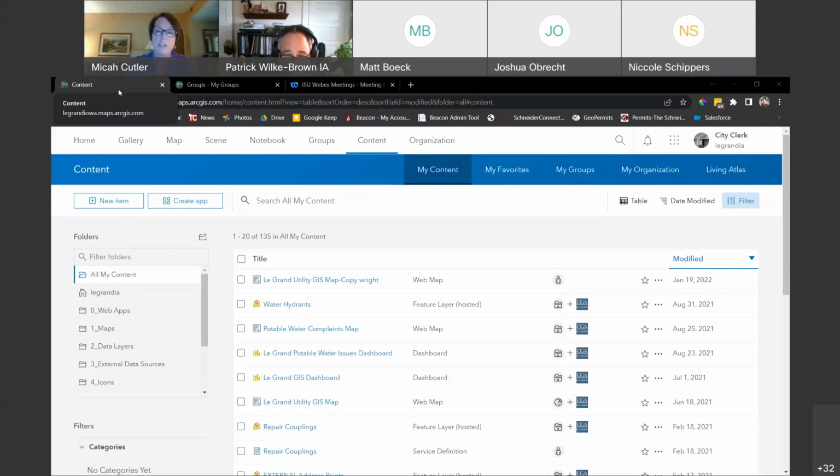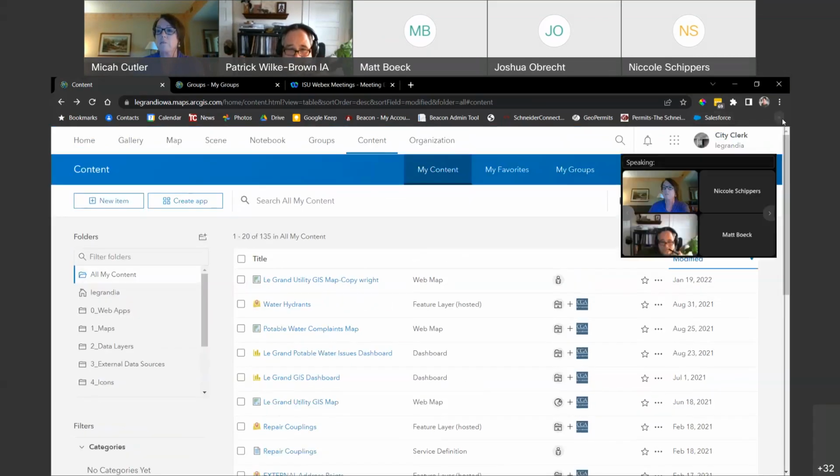So this is a very small organization that only has 2 users. It's a small city of La Grande. I thought this worked out really well, and I just wanted to share it because I've used it both for cities and also for a conservation department. Once again, a small department that only has a couple users, so they're just working within their department. But if you can see here, and I'm hoping that you can, I'm going to zoom in,